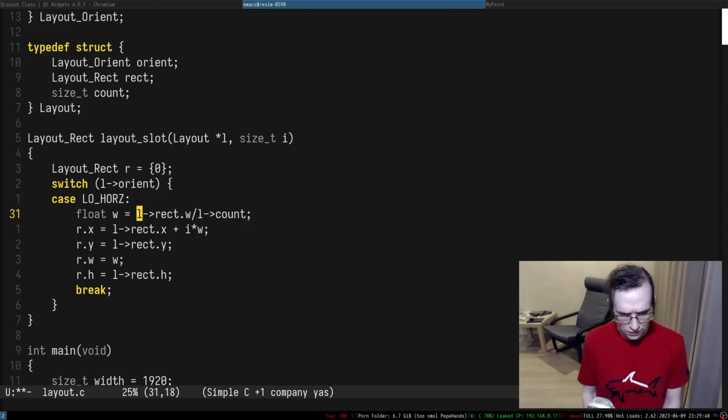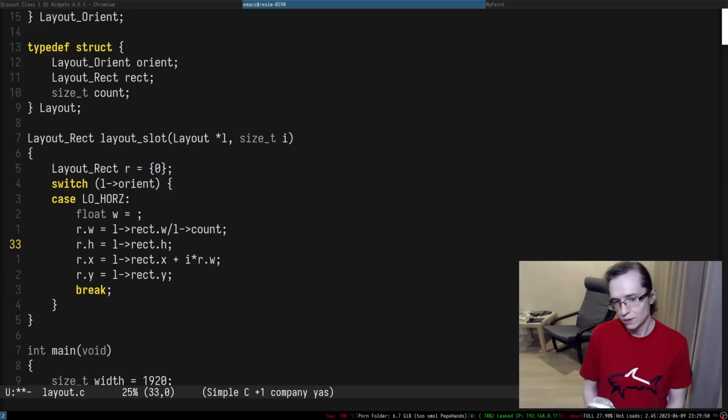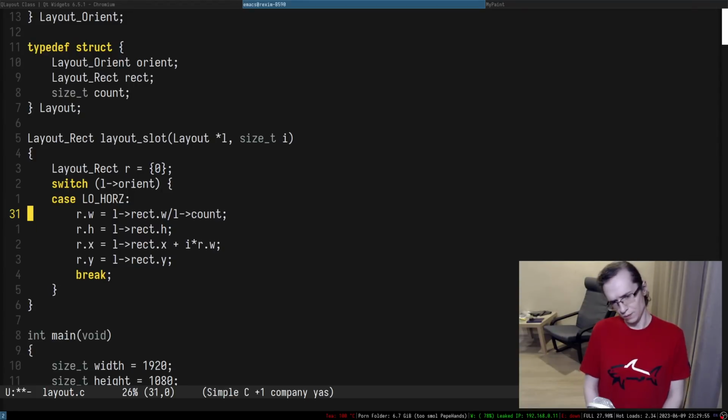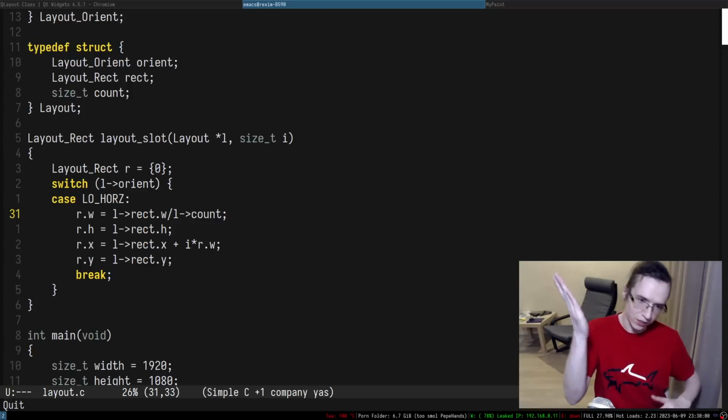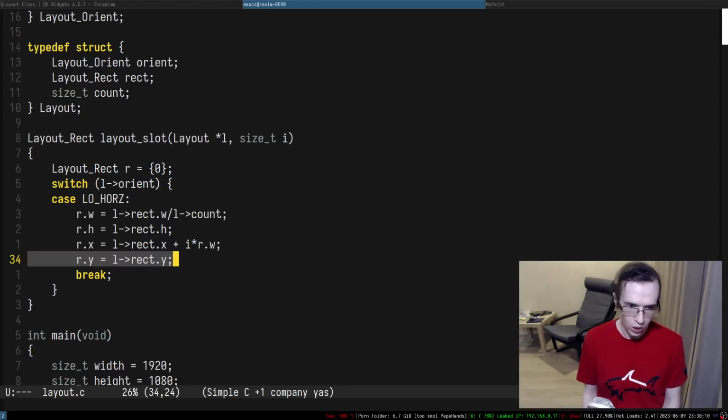What's interesting is that we can replace this thing directly in here, and then it will allow us to reuse our W in here. That's actually kind of cool. So there we go, this is a horizontal thing. The width is the width of the whole thing divided by the amount of elements. Height is always the same because it's a horizontal thing, and X very much depends on I.